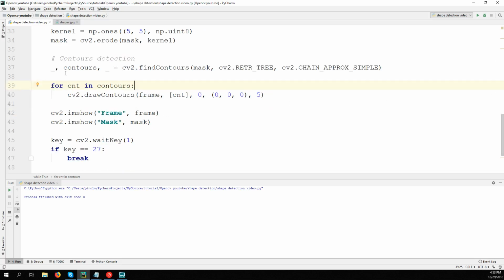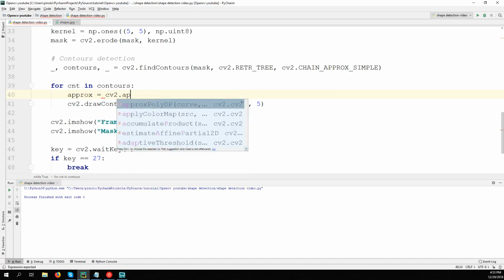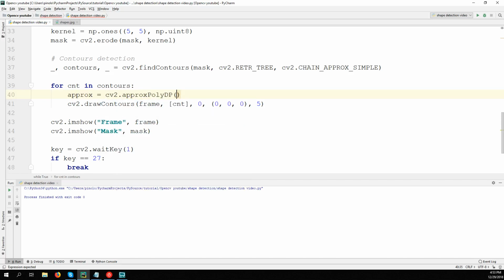Draw contours of CNT. We have approx, let's call it approx. It's equal to cv2.approxPolyDP. We want to approximate the contour CNT. Then we define the ratio. We can change this value later, and let's see what works best for us. Let's use now 0.01 per arc